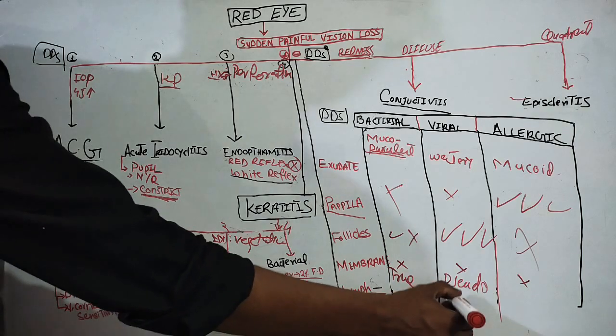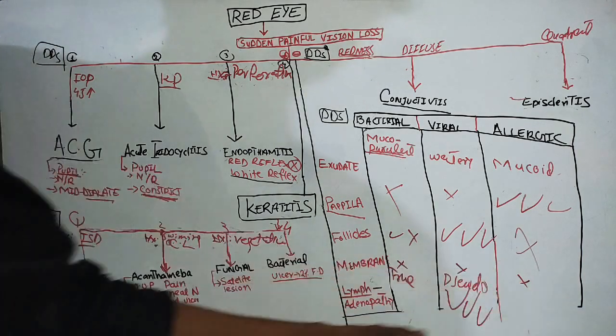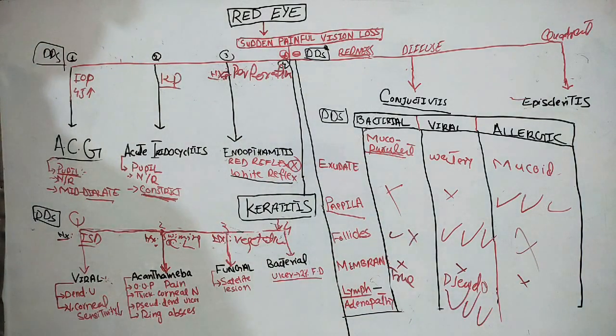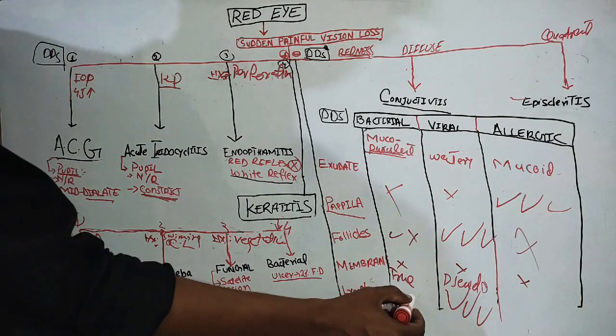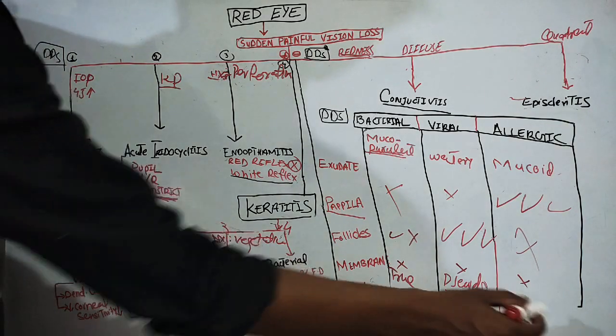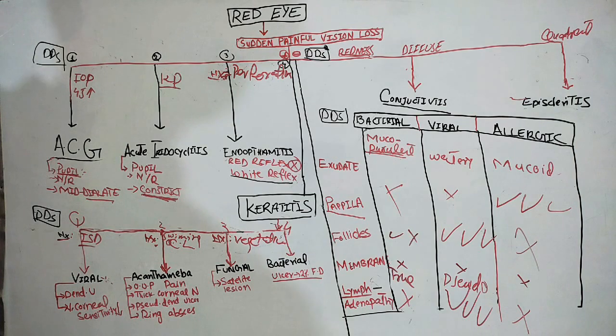Lymphadenopathy, again, is a prominent feature for viral conjunctivitis, not for the others. Sometimes in severe cases bacterial conjunctivitis may present with it, but it is mostly absent. So this is how we will approach the different cases on the basis of the severity and the signs and symptoms and the